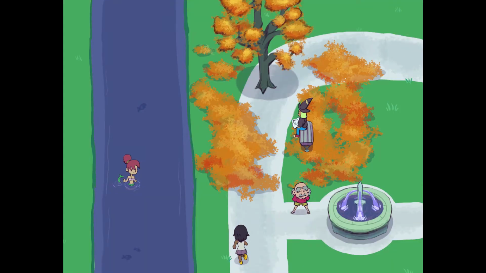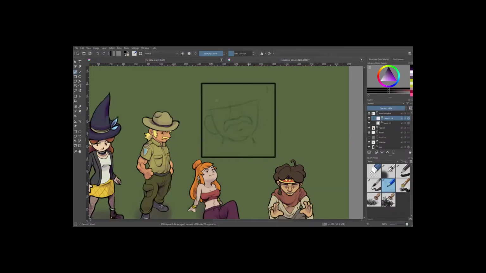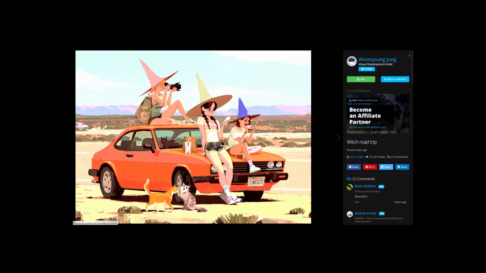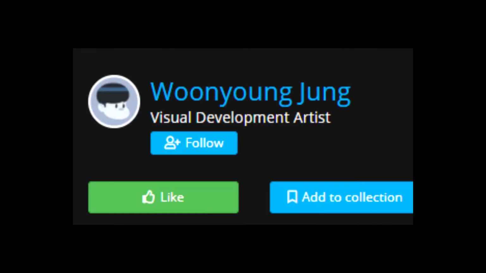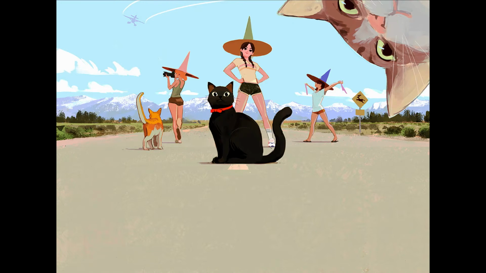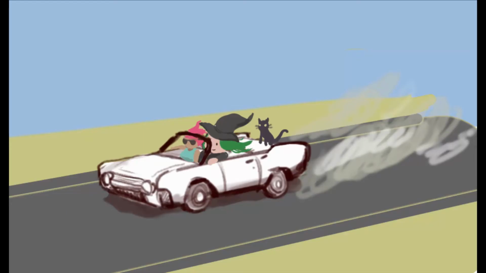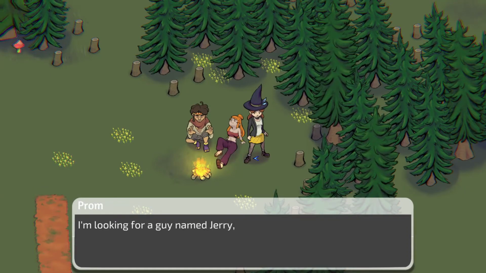For example, some of my earliest designs were actually for a pair of main characters. If you watched our previous vlog, you'll know that HipWitch takes a lot of inspiration from the witch road trip art of Woonyoung Jung. And a big part of the appeal for me, at least, is the friendship of the girls and the memories they're making together. And we kind of want to replicate that by having two characters. Maybe friends, probably sisters that were going through some kind of rough patch in their relationship, and we thought that maybe the story was one of coming of age and reconciliation.